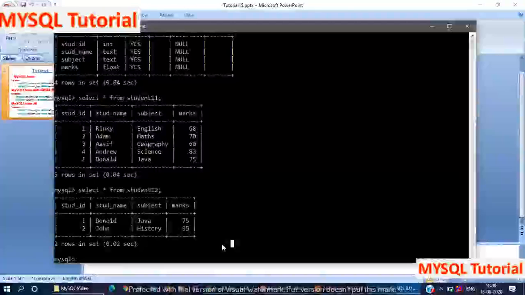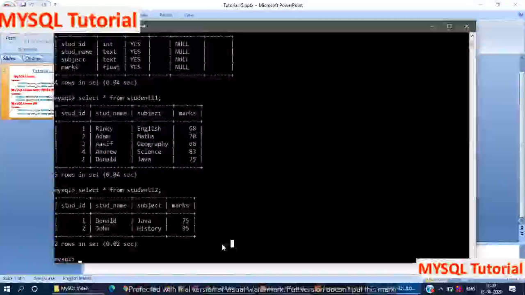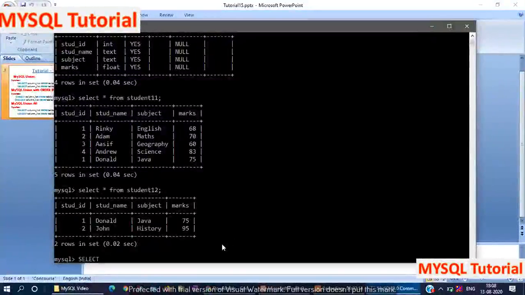Now we perform the union operation. In syntax we have already seen select column list from table 1 union select column list from table 2. We have to just apply that here.